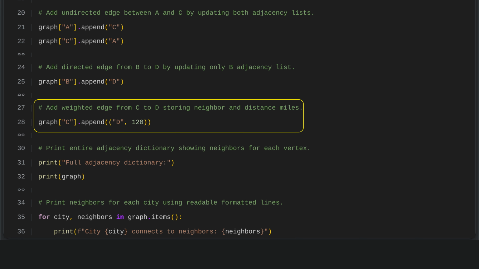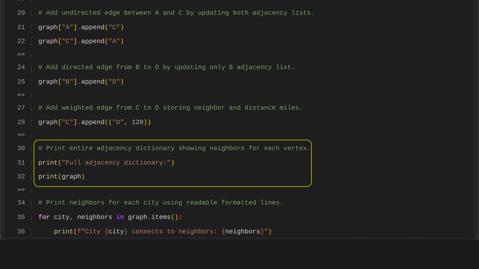from C to D. We begin by printing a short message to let the user know that the full adjacency dictionary of the graph is about to be shown. Then we display the entire graph dictionary, which lists each vertex along with all the vertices it is connected to. This gives a complete picture of the graph structure and makes it easier to see how all the vertices are